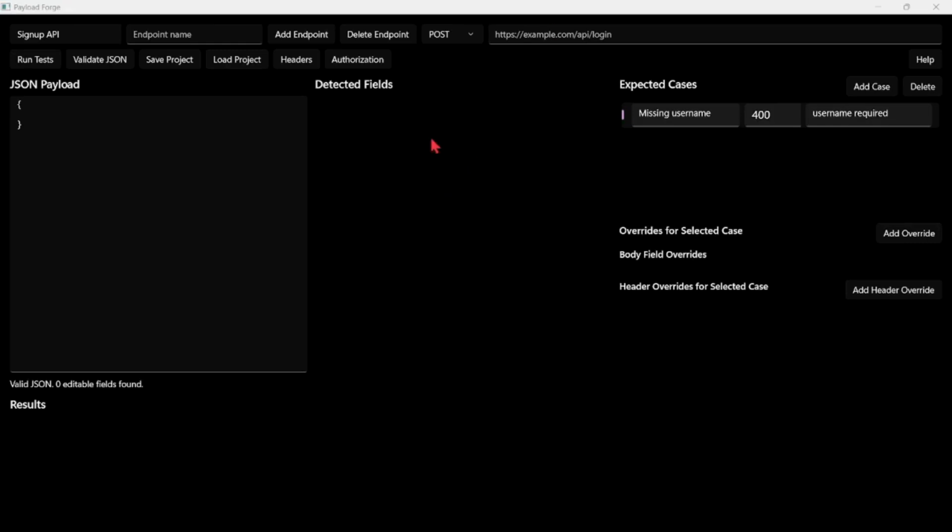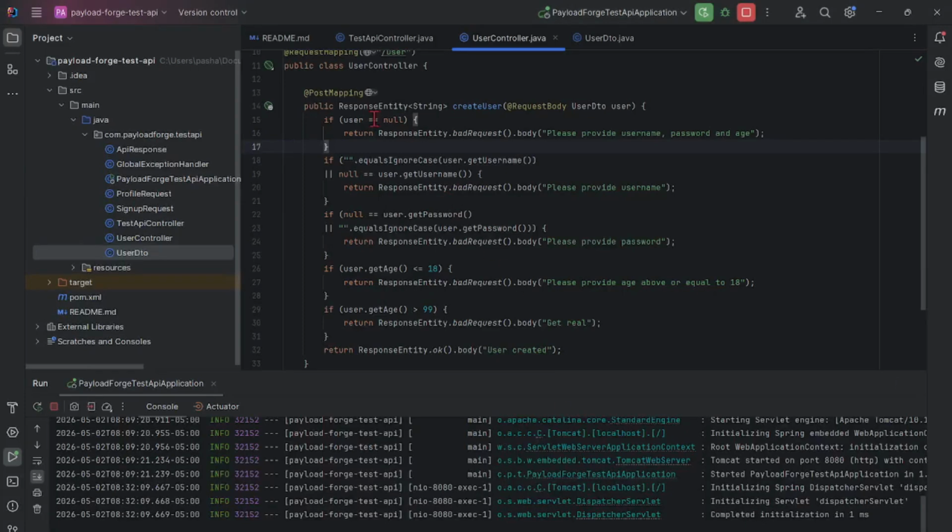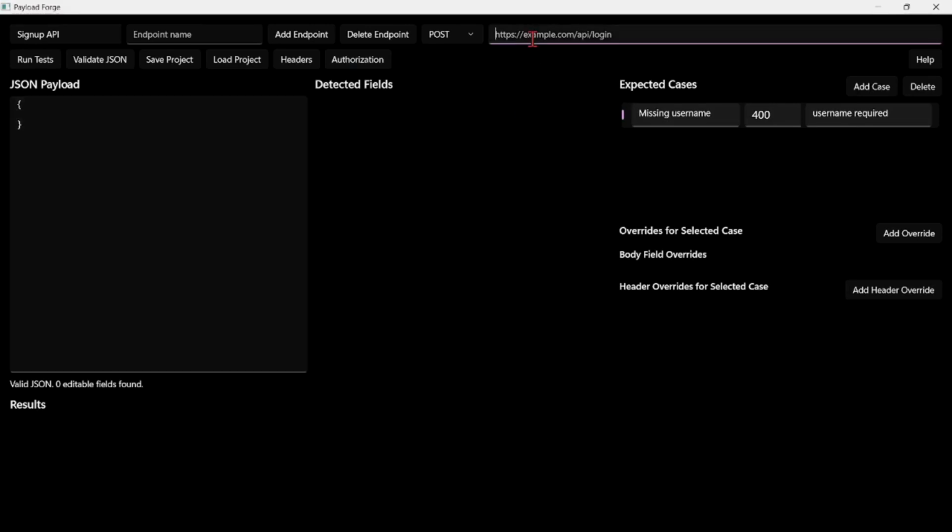All right, we're going to be using the Payload Forge application to test a very basic API. So this first endpoint is a post mapping for creating a user. It does require you to put in a prefix of whether it is HTTP or HTTPS. Since it's a local check, it's HTTP. We're going to call this a health check endpoint,